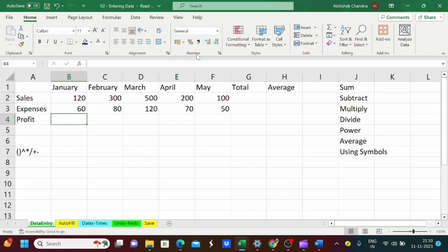So our today's topic is how to use simple Excel formulas, and we will be learning about some formulas like sum, subtract, multiply, divide, power, average, and using symbols while we are using Excel formulas. Coming to our first example,